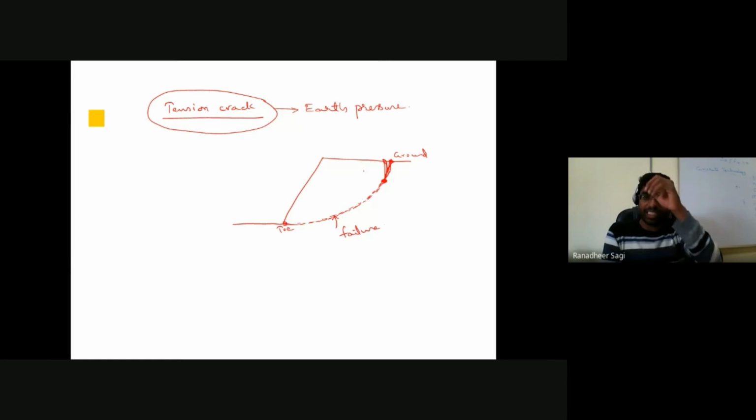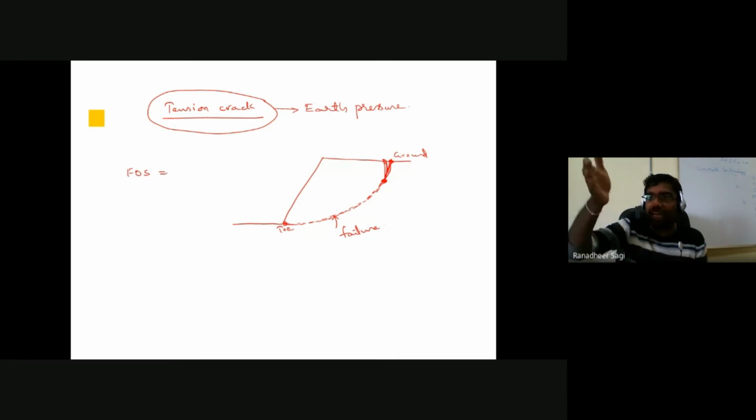Now, whenever there is a tension crack formation, what is going to happen in terms of the total force resisted along the failure surface? What could happen regarding the factor of safety because of your tension crack? Because of the effect of the tension crack, the length of the failure surface getting developed is decreasing. Once the length of the failure surface decreases, then the total force resisted along that slip surface also decreases. Why is it decreasing?